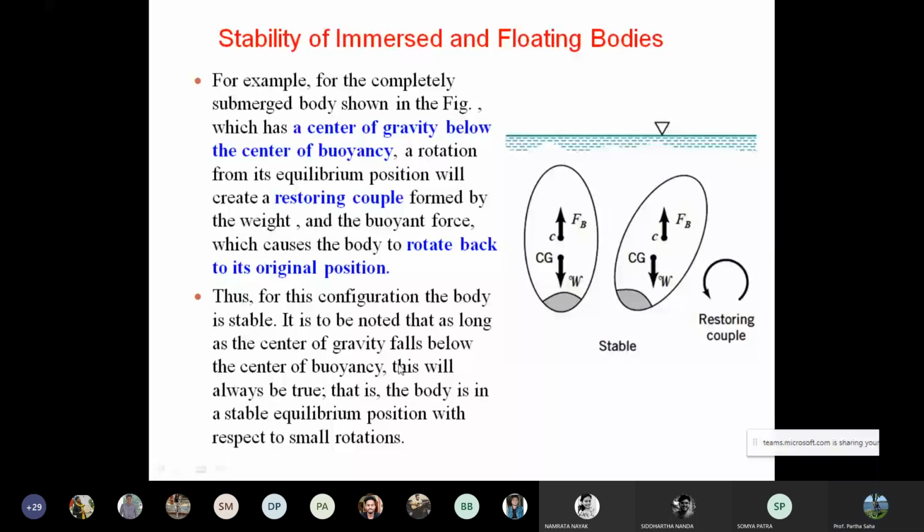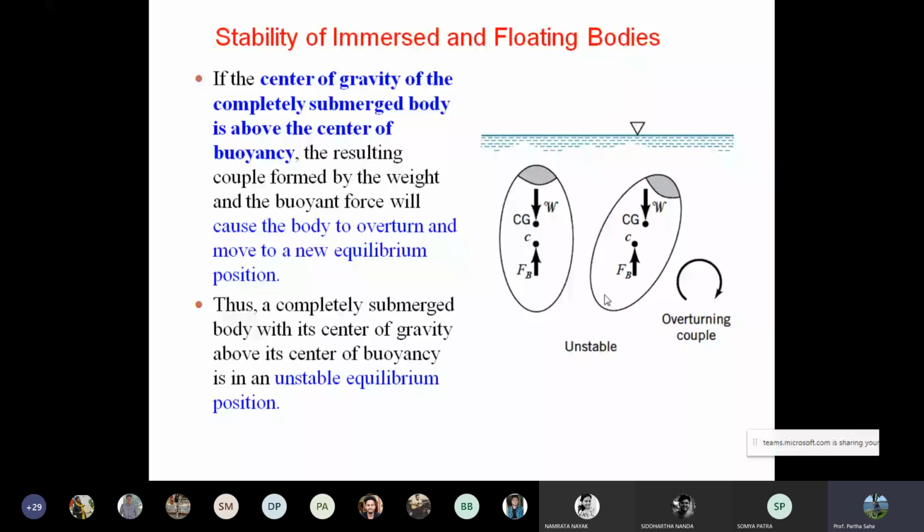You read this text to understand what is written. Now let's look into another example. In the next slide, you can see here the buoyant force is below the center of gravity. The moment you push it to the right hand side, the center of gravity is now on the same line as the buoyant force. But the center of gravity tries to push it to the same axis where the center of gravity is, so it will try to take it to this position.